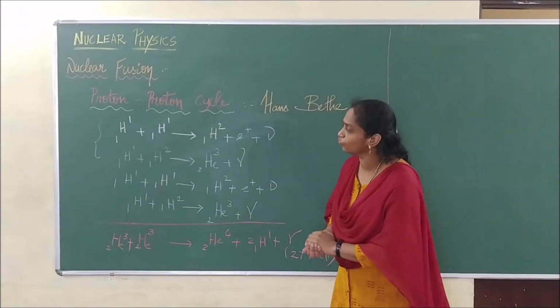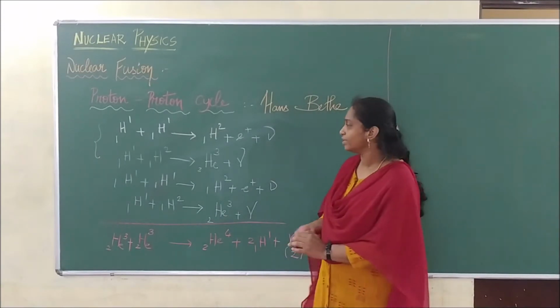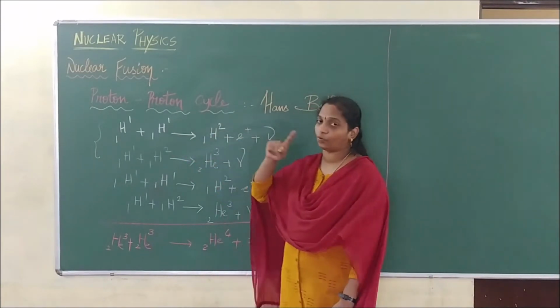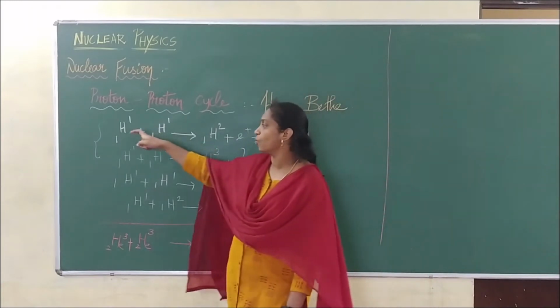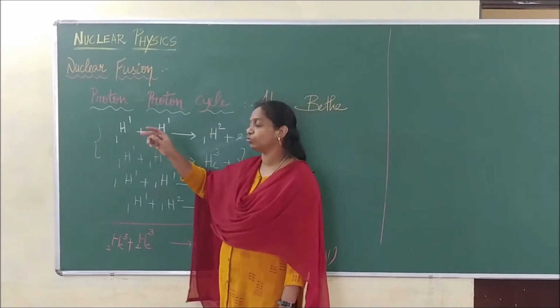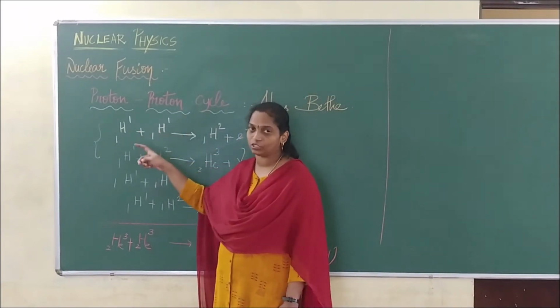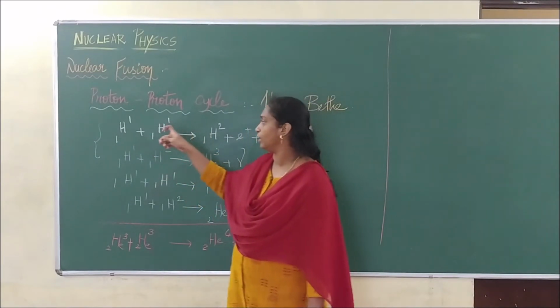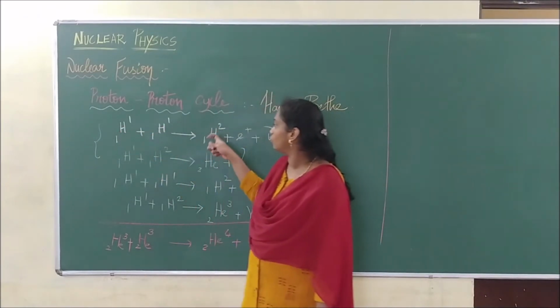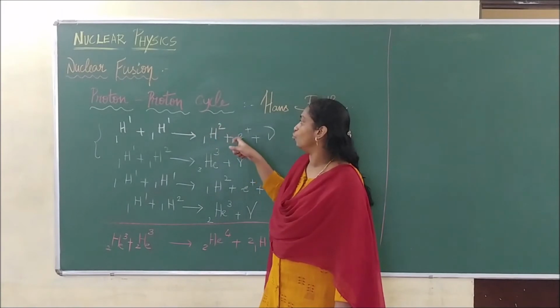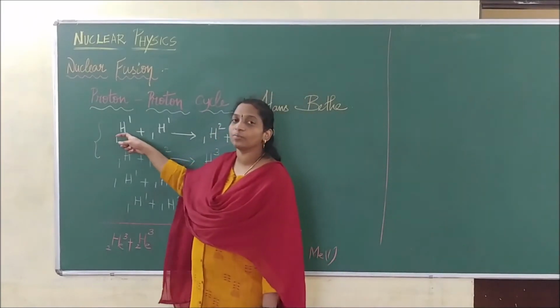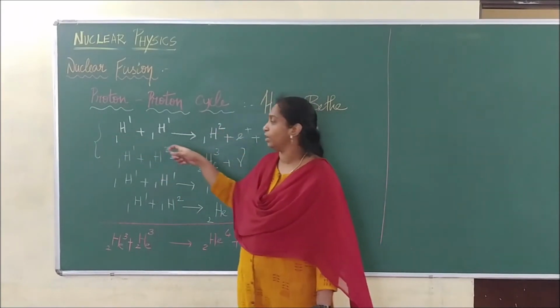So the same reaction we are going to represent. 1H1 stands for what? A single proton, right? So two hydrogen nuclei are joined together to form a lighter nucleus, 1H2. And if we see the stoichiometry, the equation is right. The number of mass